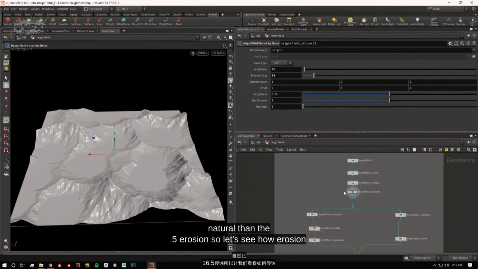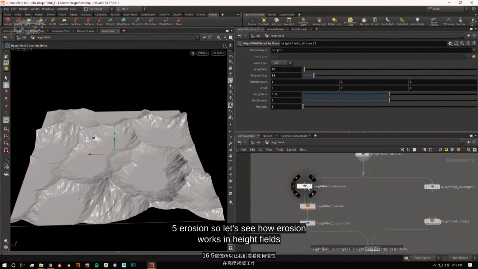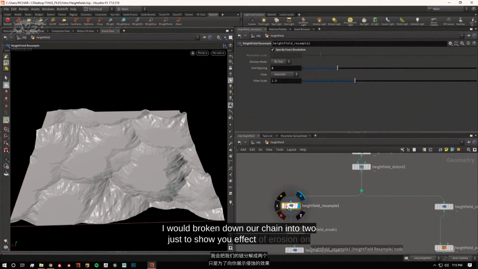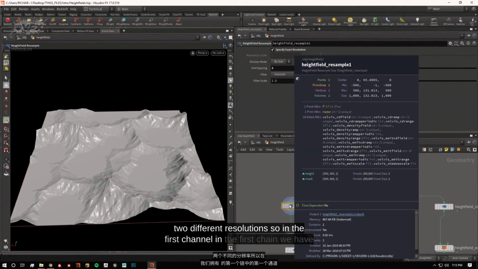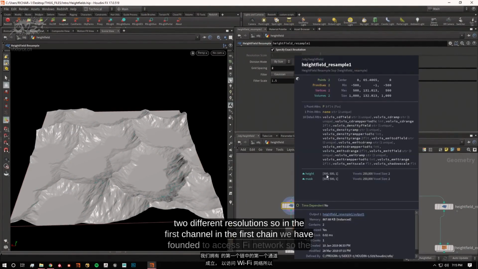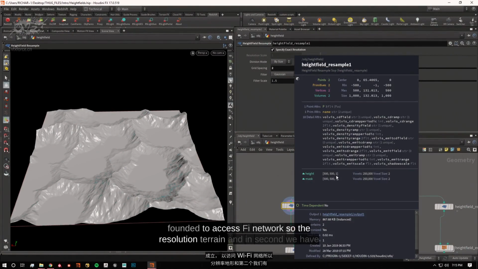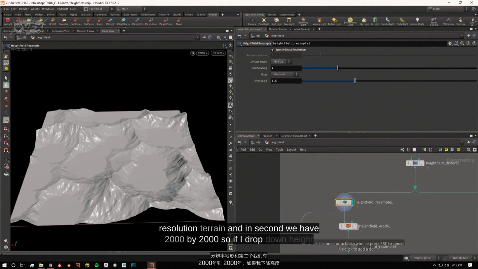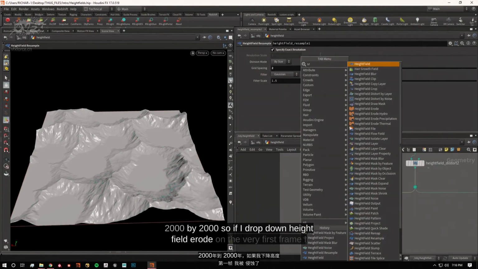So let's see how erosion works in height fields. I have broken down our chain into two just to show you the effect of erosion on two different resolutions. In the first chain, we have a 500 voxels by 500 voxels resolution terrain, and in the second we have 2000 by 2000. So if I drop down height field erode,